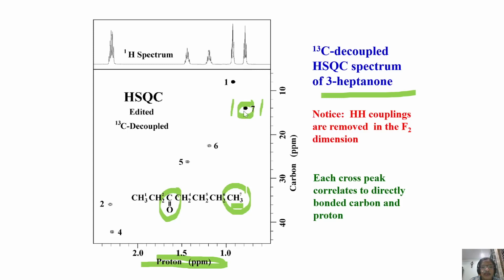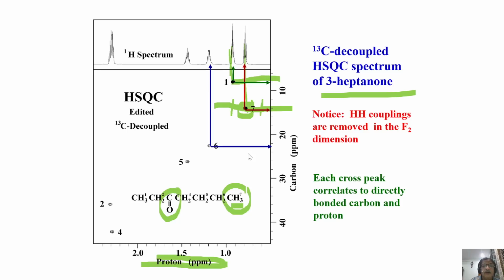This is a decoupled HSQC. You directly get the correlation. Go along this axis, you get the carbon chemical shift. Go along this axis, you get proton chemical shifts. It directly gives you carbon and proton chemical shifts in the corresponding carbon and proton dimensions. That's all. No coupling information. Now look at proton 1. Go here, you get proton coupling. Go here, you get carbon coupling. So all these things can easily be obtained.